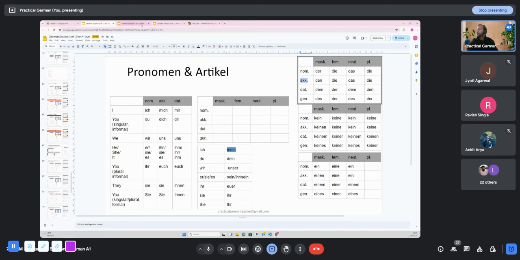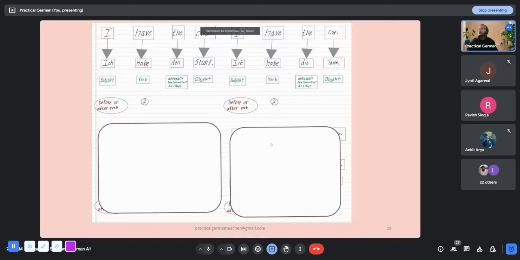For many of you, this may sound confusing, but it is on purpose. So you have ich habe die Tasse. Even if you have no idea whether it is accusative, dative, genitive, people get confused by all this. Don't worry, if instead of saying ich habe den Stuhl, you had just said ich habe der Stuhl, if you had not used the correct article, people would still know what you are trying to say. If you are in A1, in the exam they'll cut your marks, but in real life, people will still know what you're trying to say. So for now, don't worry too much about these cases. Just start framing sentences, subject, verb, object, and use the correct article.